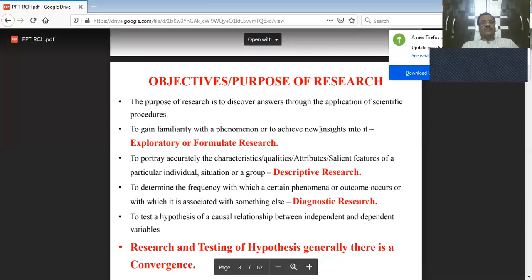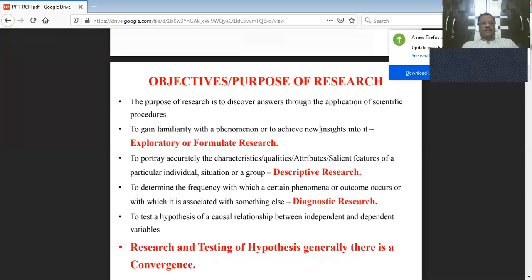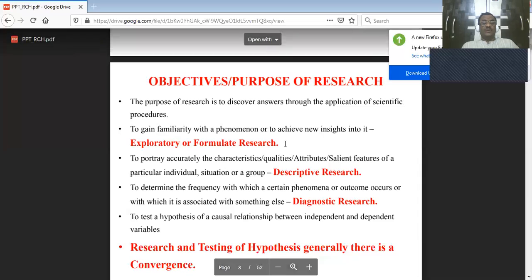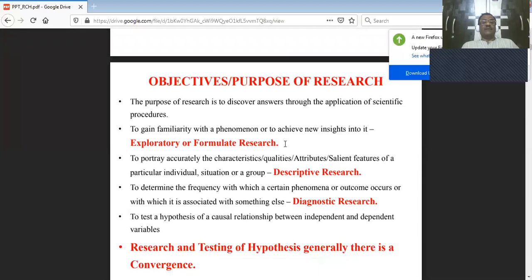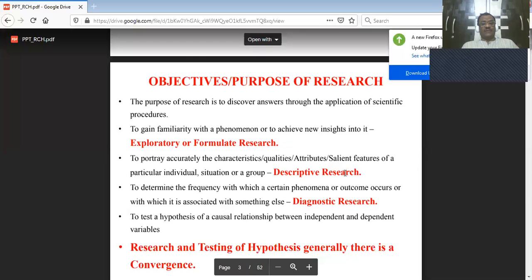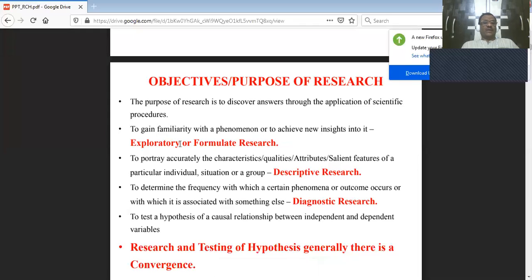Next, to gain familiarity with a phenomenon, and it could be helpful to formulate the research. Exactly, the research problem can be formulated provided you gain more familiarity with the phenomenon. Now, I will say it's generally okay if the research is not well addressed, if it is little addressed or yet to be addressed in a full-fledged way, it's going to be an exploratory journey. Research is a kind of journey having